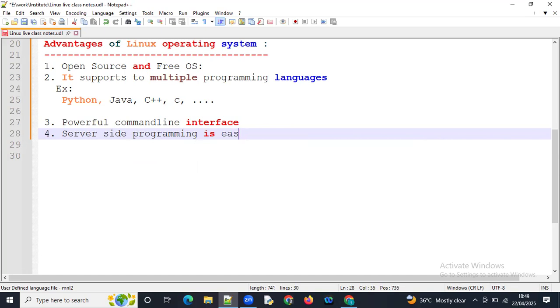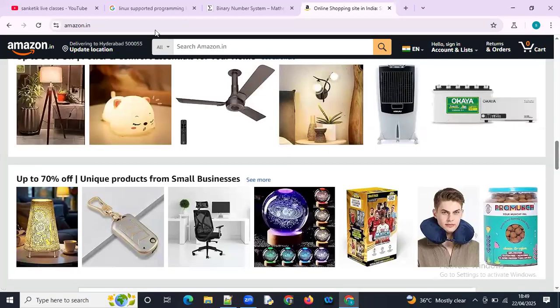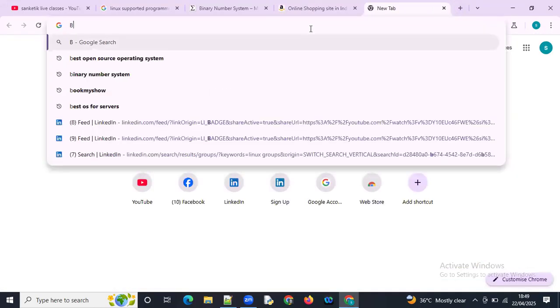You can search here: best OS for server.